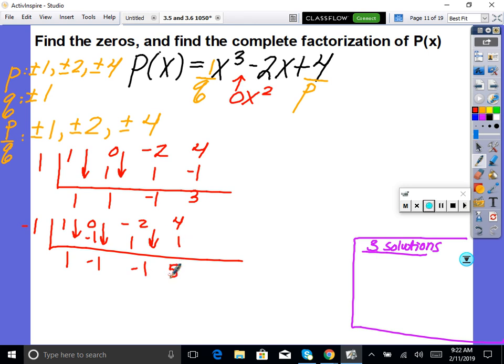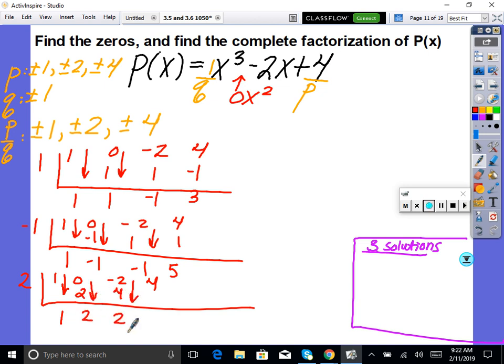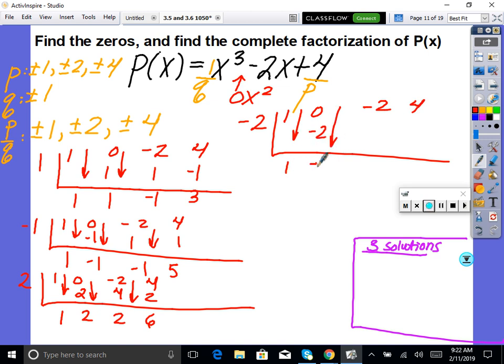So then I'm going to try 2. 1, 0, negative 2, 4. Add straight down, multiply up, add straight down, multiply up, add straight down, multiply up, add straight down. Still no. So we go on to negative 2. Not getting too discouraged because we're going pretty quick. 2, 1, 0, negative 2, 4. Add straight down, multiply up, add straight down, multiply up, add straight down, multiply up, add straight down, and boom,